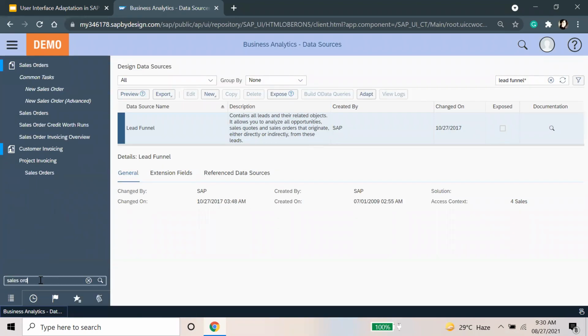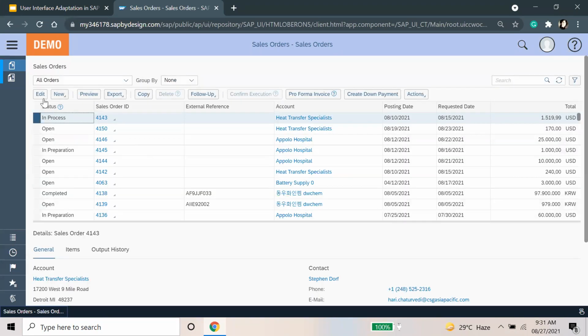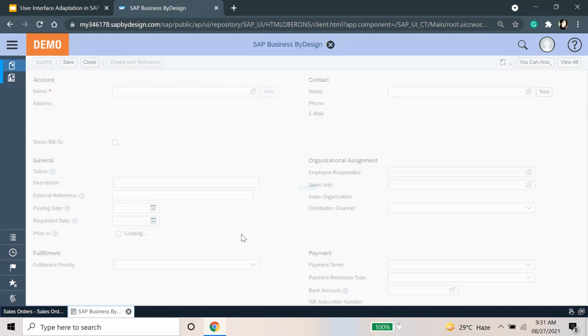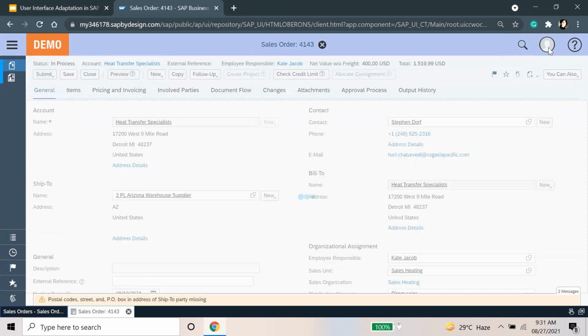Now let me quickly show you the sales order where I tried to extend this. I'll open the adaptation mode here and we'll see in the extension field.